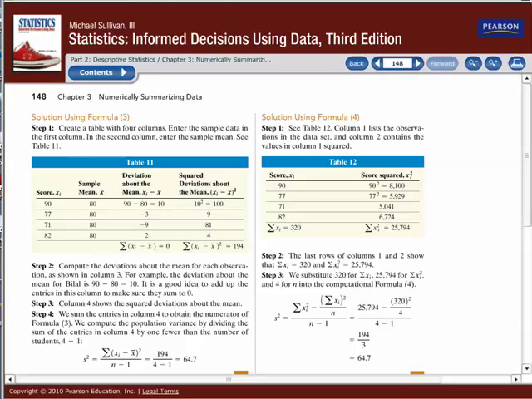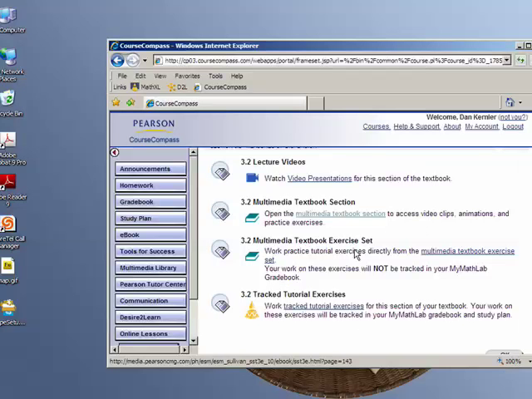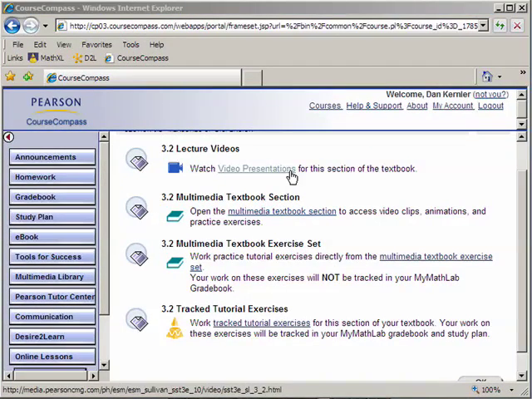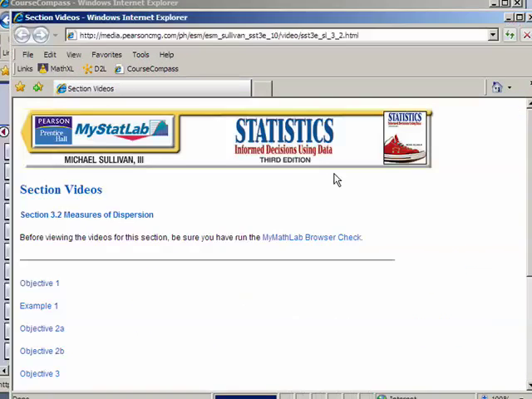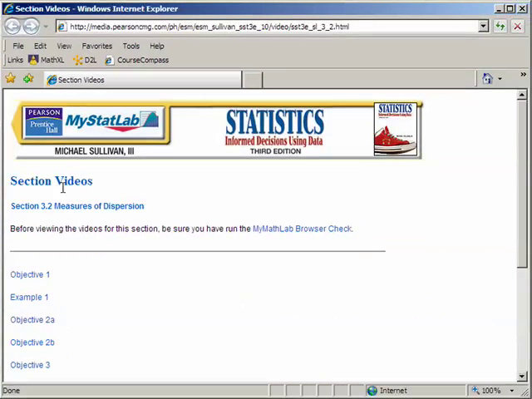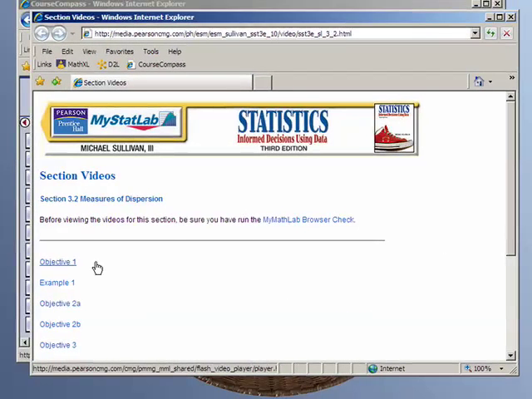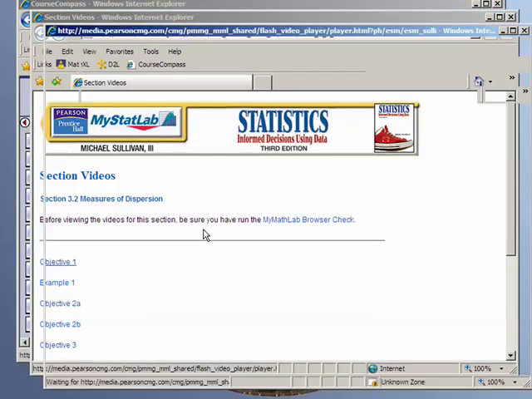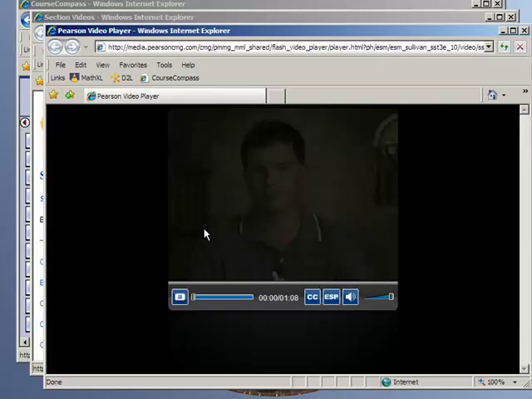So I'm going to close that. The videos, I think I was looking at these earlier. Let's see how that looks. So section 3.2, we've got several different videos. If we click on this one, let me just show you how this works. It should pop up a new window, and this should be